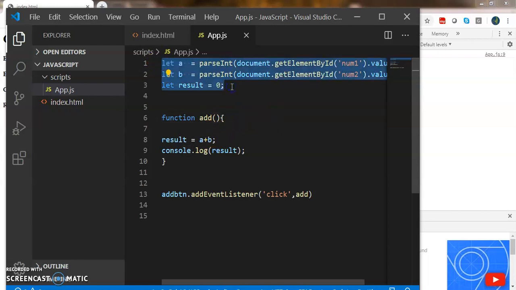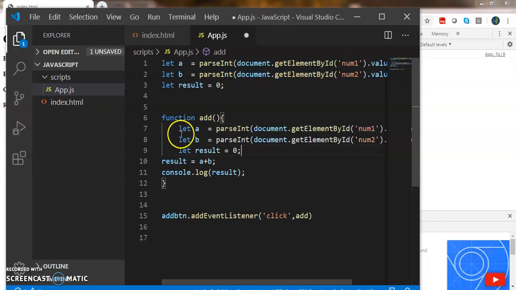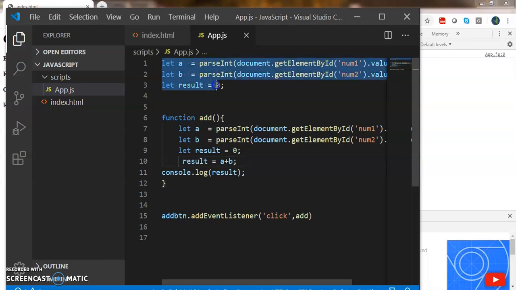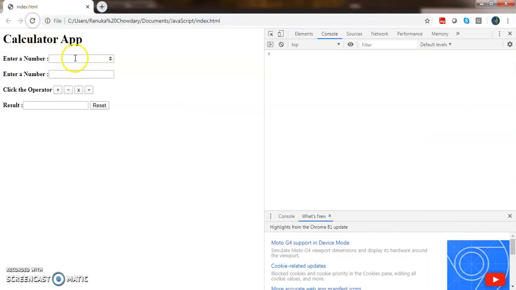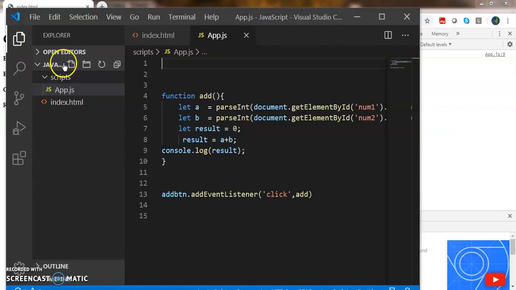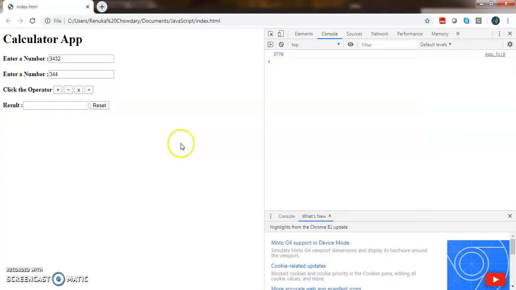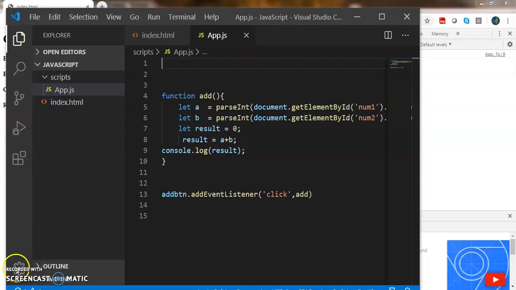So what we do, we move this code here, save it, relaunch it. So now you get the result. For now I am just logging the result to the console.